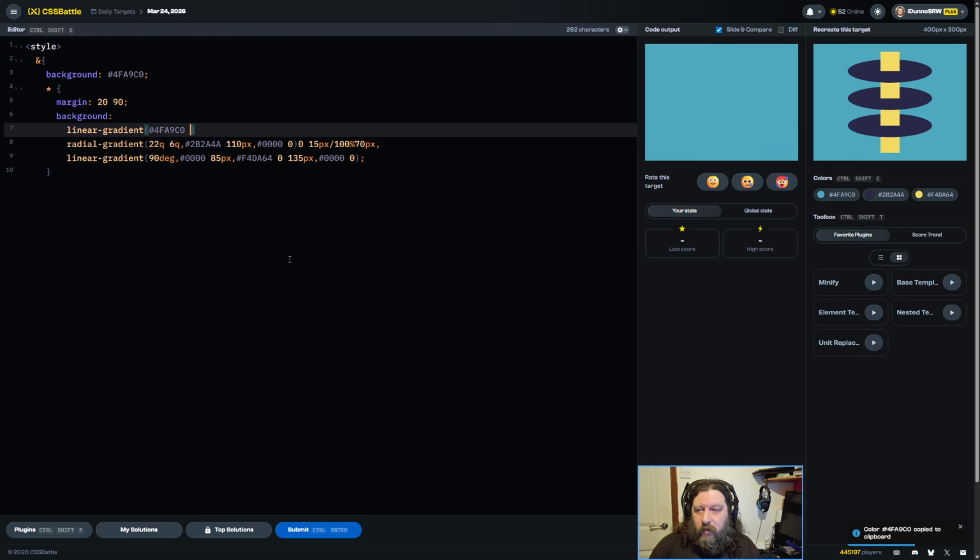This blue, 20 pixels, transparent. About just 10 pixels, and transparent for, and then this blue again. 2230. Basically, we still want a bit of that because